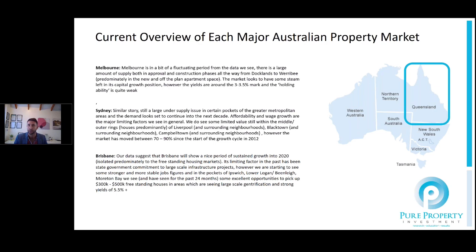However, I think the freestanding housing market in certain areas is going to perform really quite steadily. I don't think they're going to have stellar years of 10, 15, 20% growth over the next 5, 10 years, but I think we're going to see, in certain markets close to infrastructure where the population growth numbers are projected to do really well, and where schools, transport, and a lot of the future investment into infrastructure is concerned, both North and West Brisbane, some relatively sustained years and good cash flow as well, which is good in an increasing monetary costing environment.